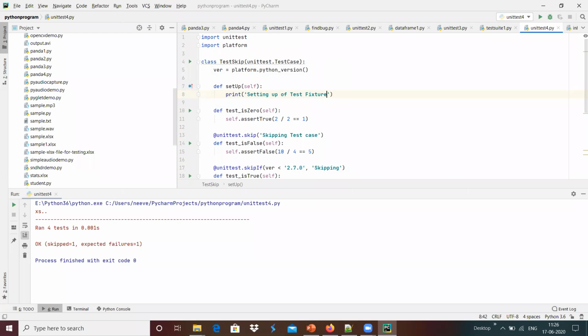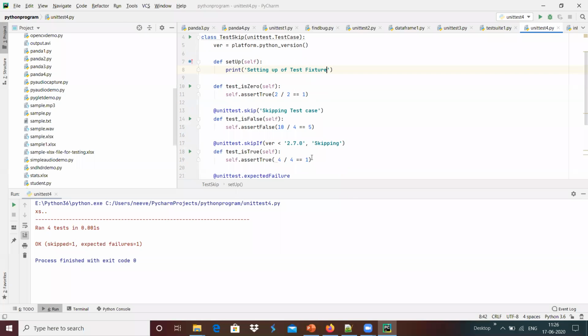If we want to initialize some data for these test fixtures, for example, to log something in an array or list, then we can initialize the array or list here. Basically, setUp is the location used to set up the test fixtures, and tearDown is the one that cleans up after the test cases are run.